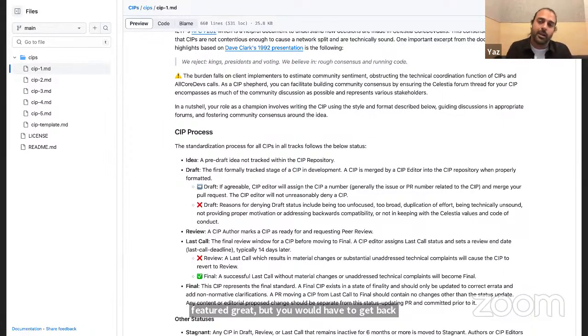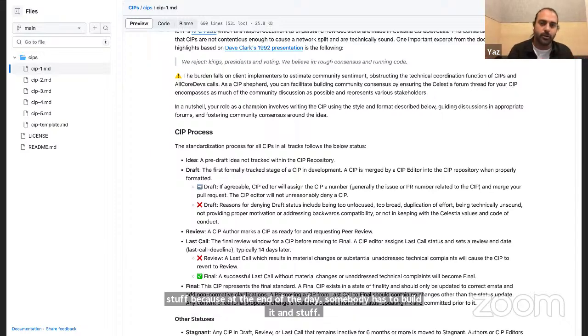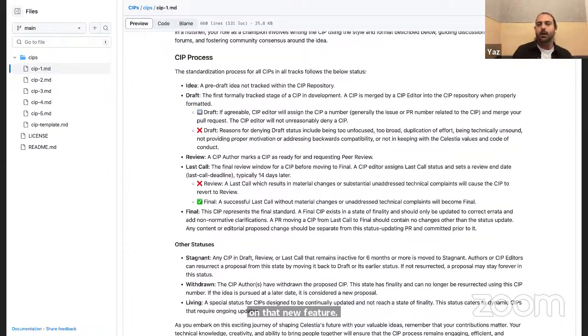And if there's no alignment, it's hard to get core devs to build a new feature. Then I'll try to wrap it up really quickly because it's still in draft mode.